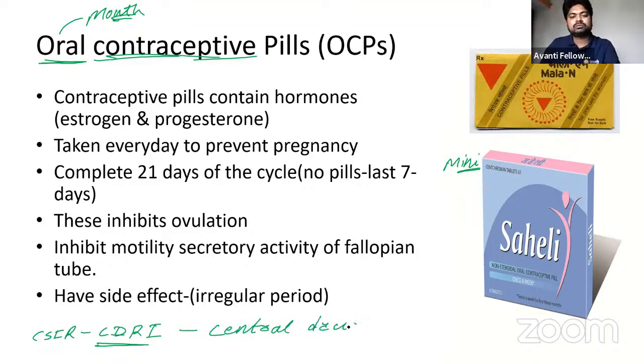Central Drug Research Institute, Lucknow. Okay, and CSIR means Central Scientific and Industrial Research. So CSIR is the parent organization, and CDRI उसका progeny है, ठीक है। So please remember